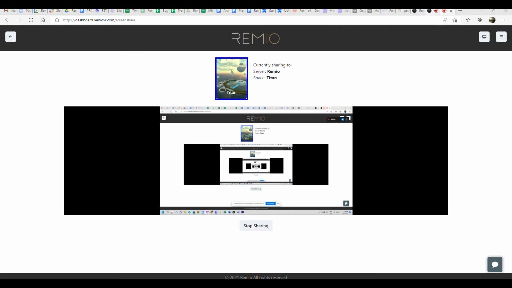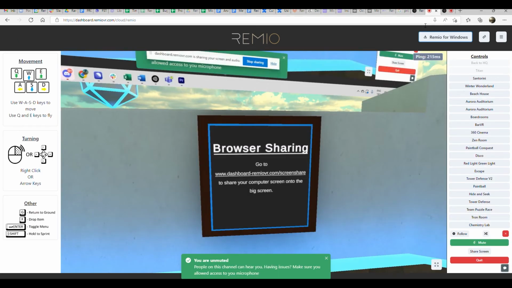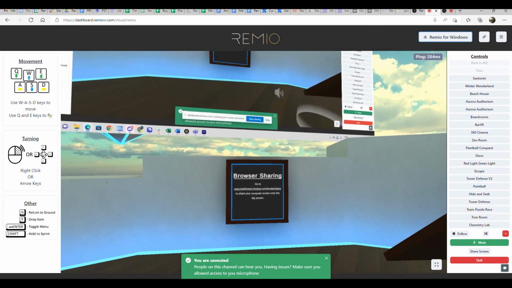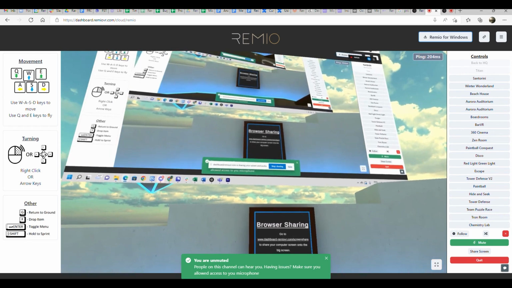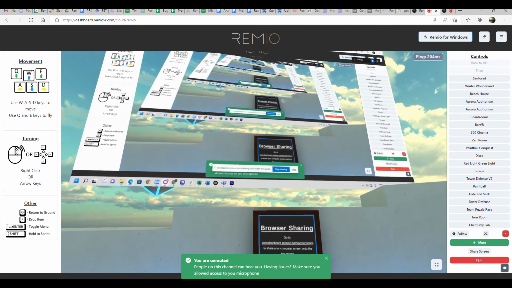So if you want to see this in-app, we can look right here. So it started to share the screen. All I have to do is look up. Okay, so remember, when you're